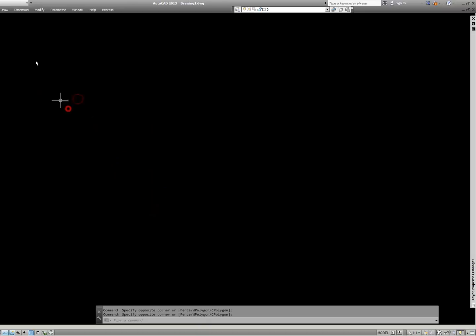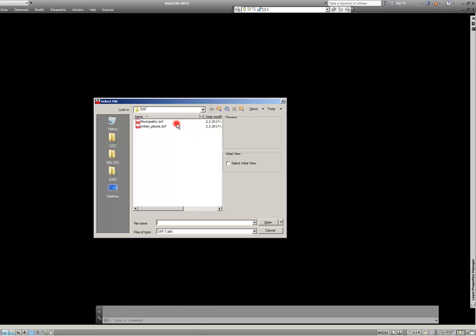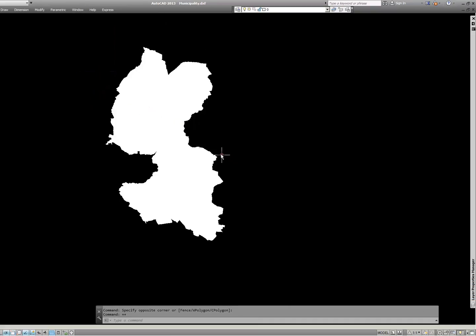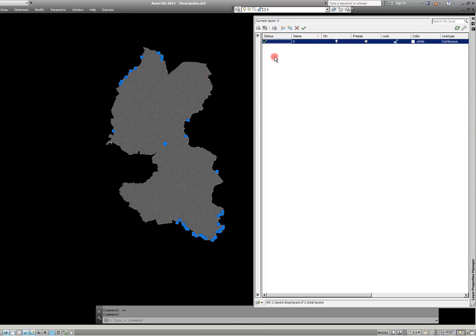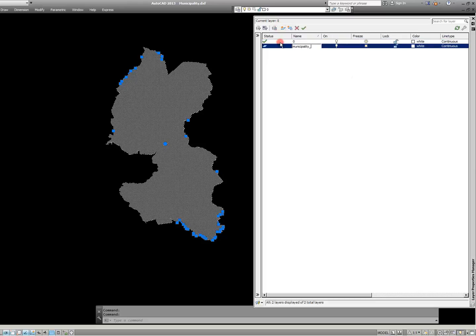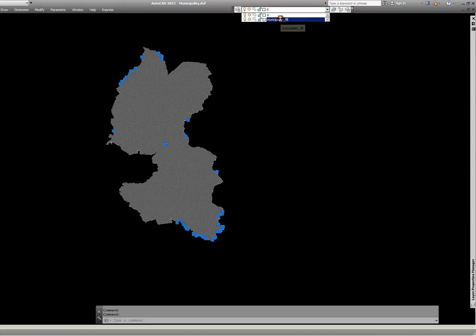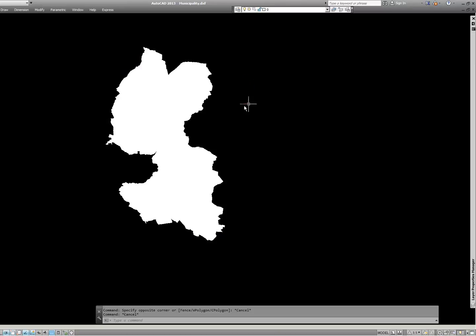Let's go to our exported files, DXF, load them all. They load in different layers. Municipality, I will just create a new layer for it. Let's say I will create municipality fill and change it to white as it is. Alright. Now it is in municipality fill. I will just deselect it and